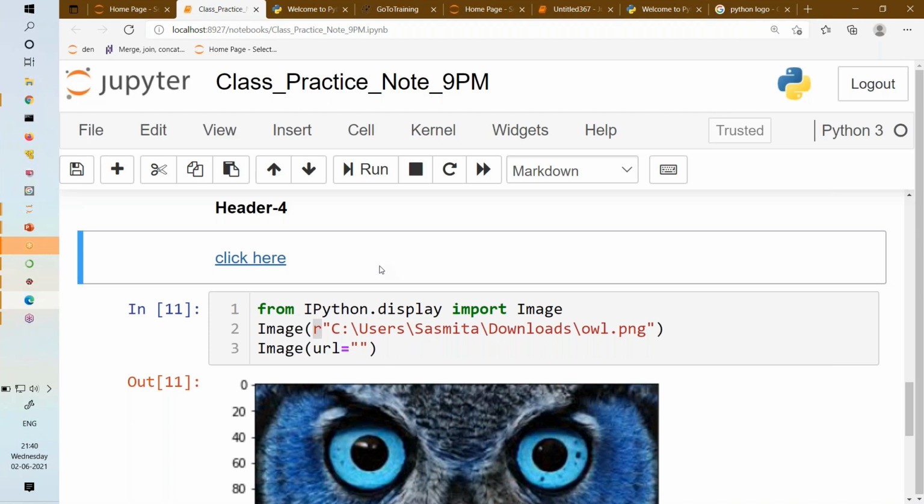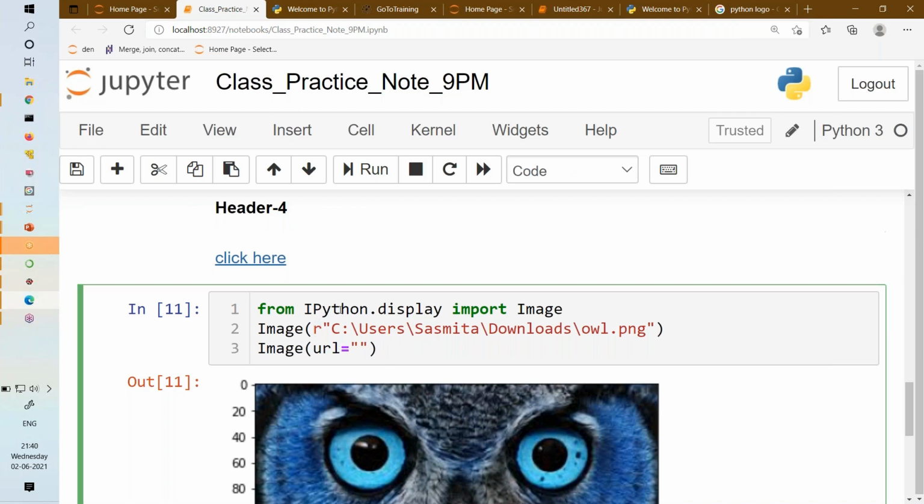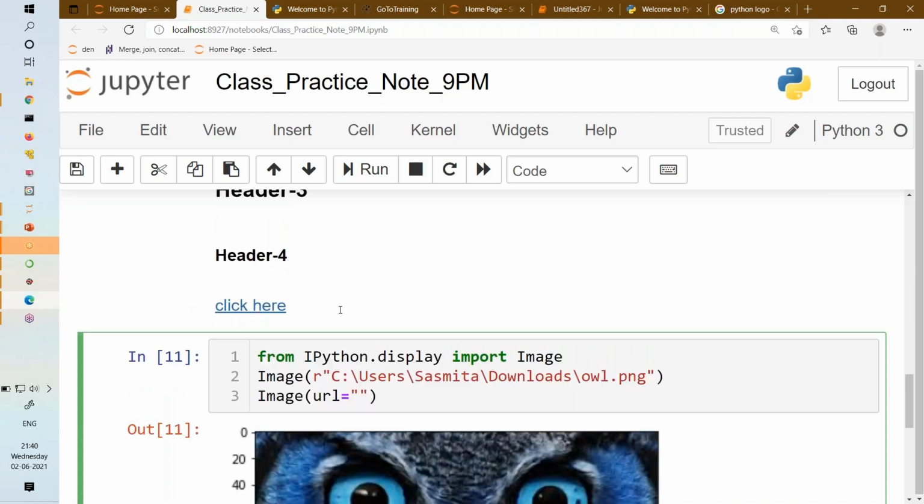One more question, please. What is the meaning of from IPython dot display? Why are we using this? This is to display a picture. There is one more way also, I just forgot the syntax. This is just, I guess, a title. This should work. I think we are making a small mistake, but this is also easy.